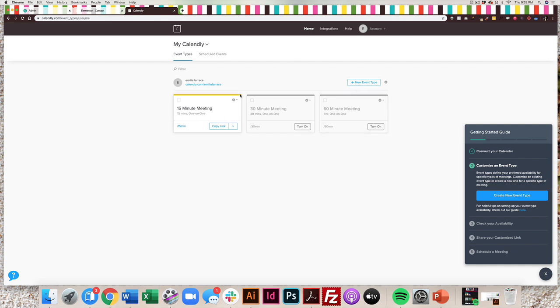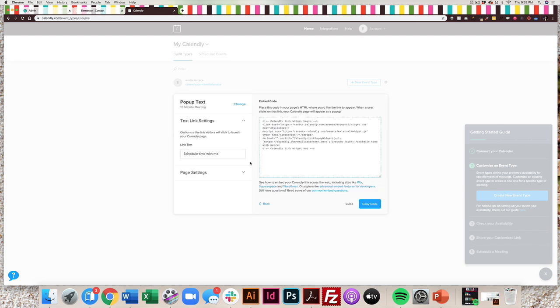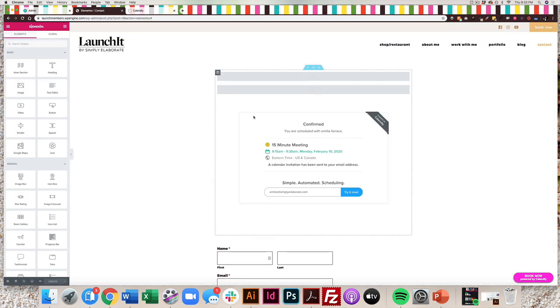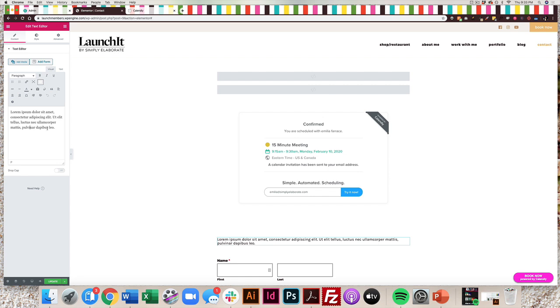And the last one, back to Calendly, back to add to website, it's pop-up text. So this is pretty much the same thing as the button, only you're putting this text within your words. So click here, like even if you want to just click here to book a call, okay? I want to copy that code. Let's create a text edit. Let's put it up here. And then let's just say,